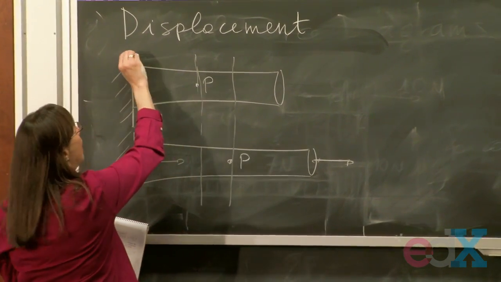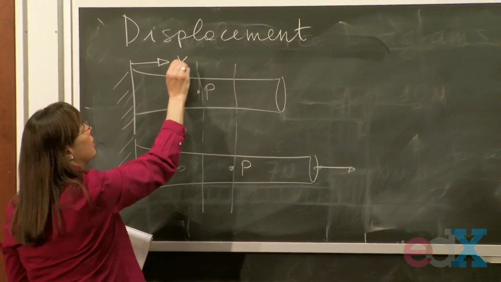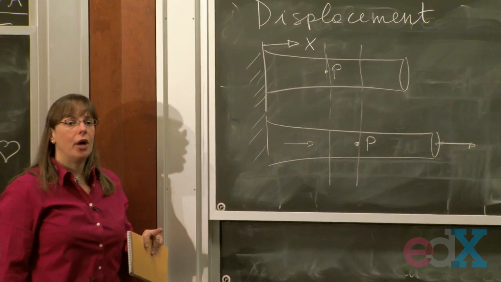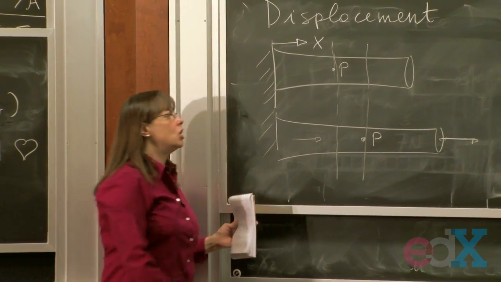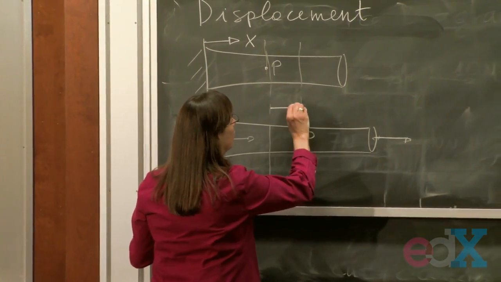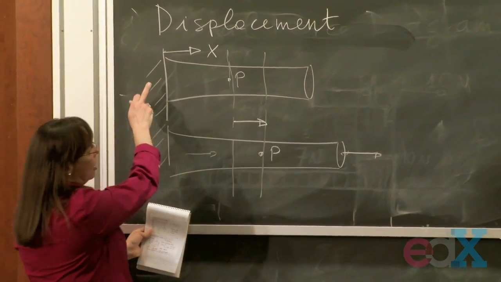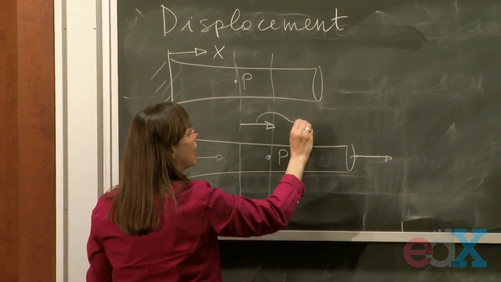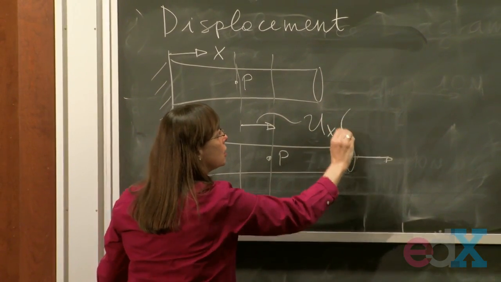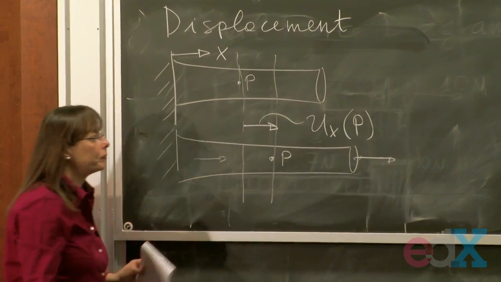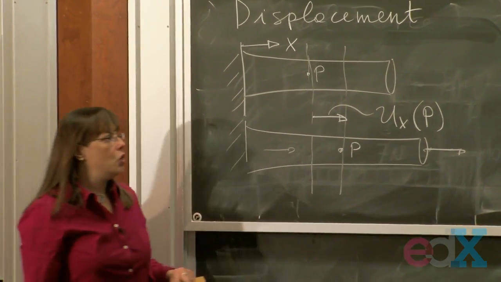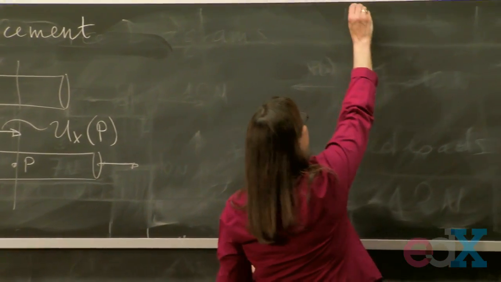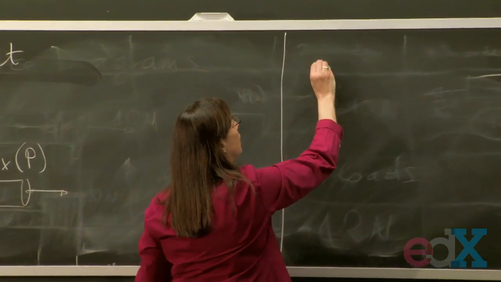Let's say that I make my x coordinate axis like that. How much point P moves is called the displacement of point P. This guy here, and it goes in the x direction. So this guy here is called ux of point P. The ux is the displacement of a point in the x direction. And the reason that it has an x, let's do a little aside,